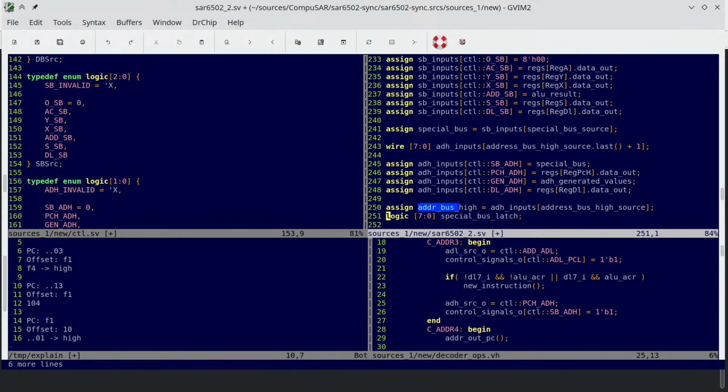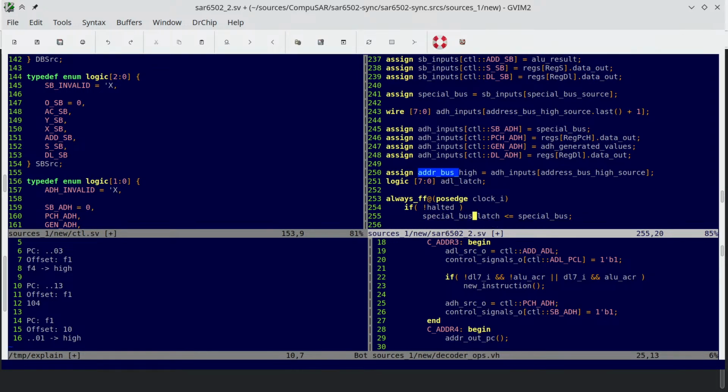That's the right one. ADL latch. ADL latch is the ADDR bus high. Okay. And now we can say that the SB source has